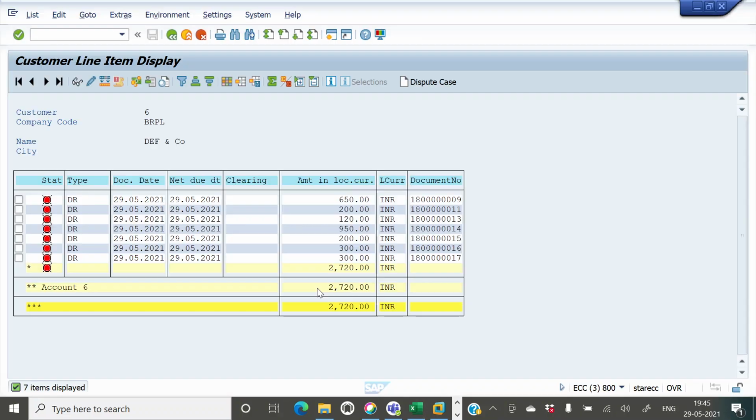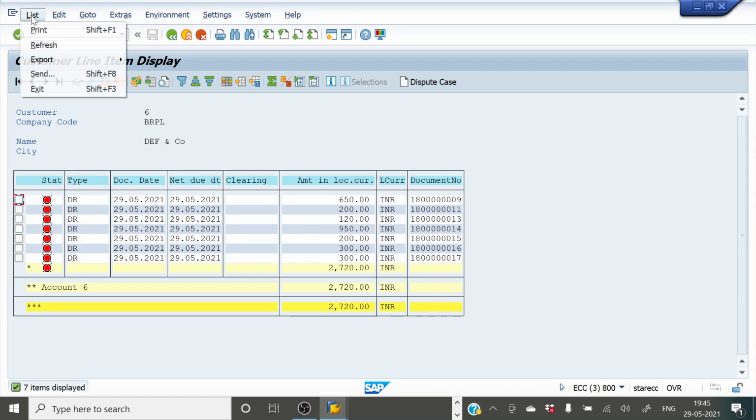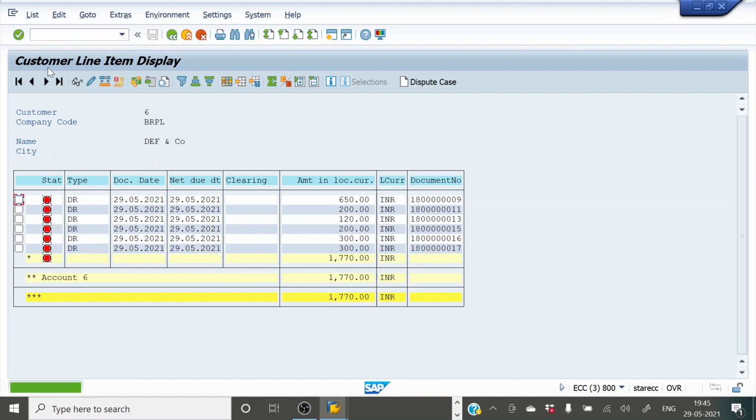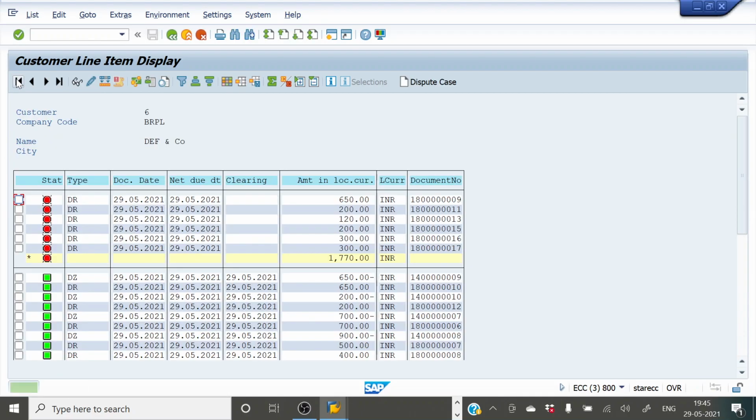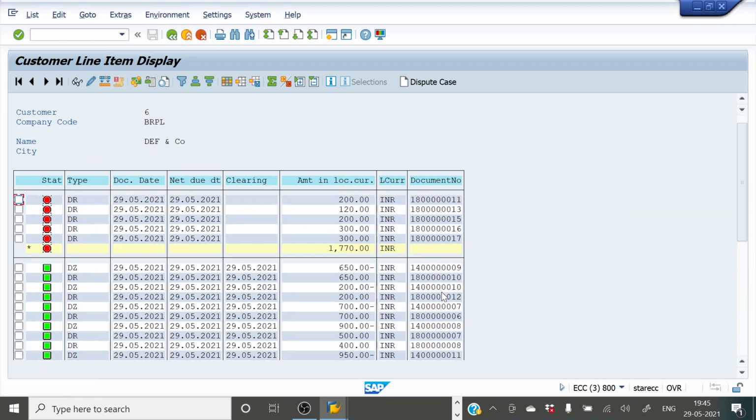Right now, if I go to this, we see 950 was still there. Now if I go to list and refresh, I'll see 950 will vanish. Now if I go back and click on all items, let me check where is 950. See, this 950 has come down here, 11, right?